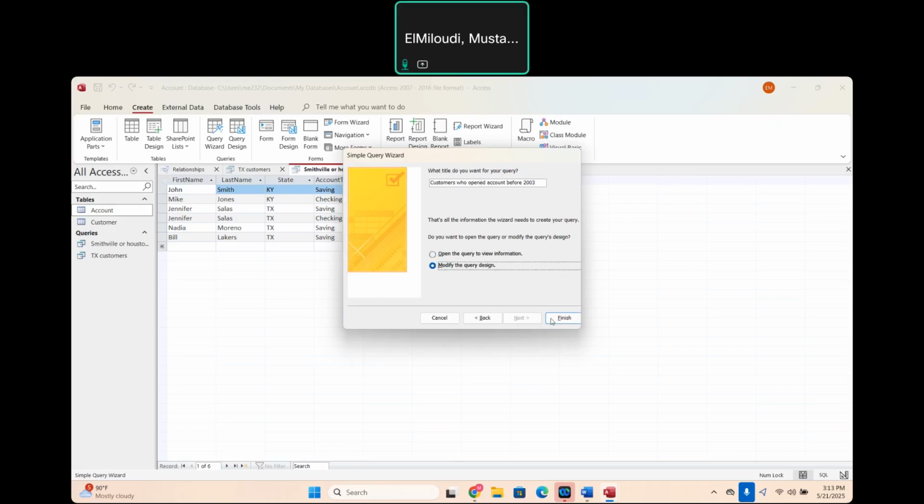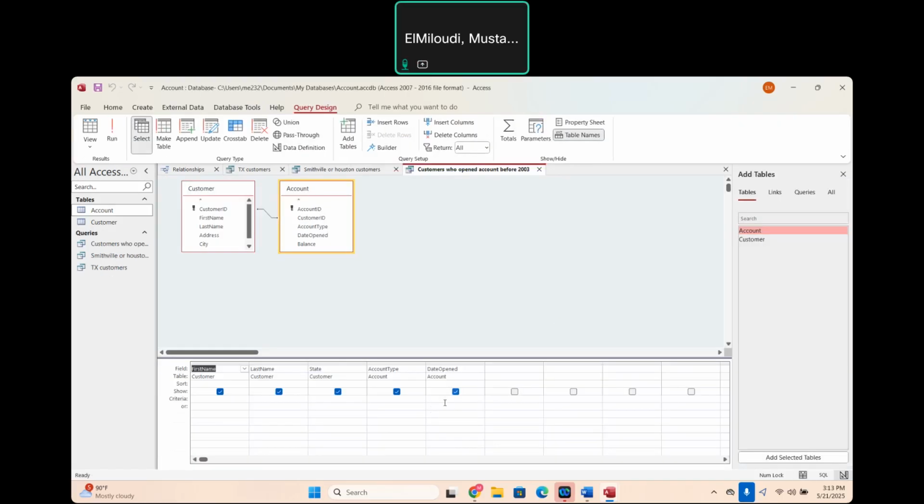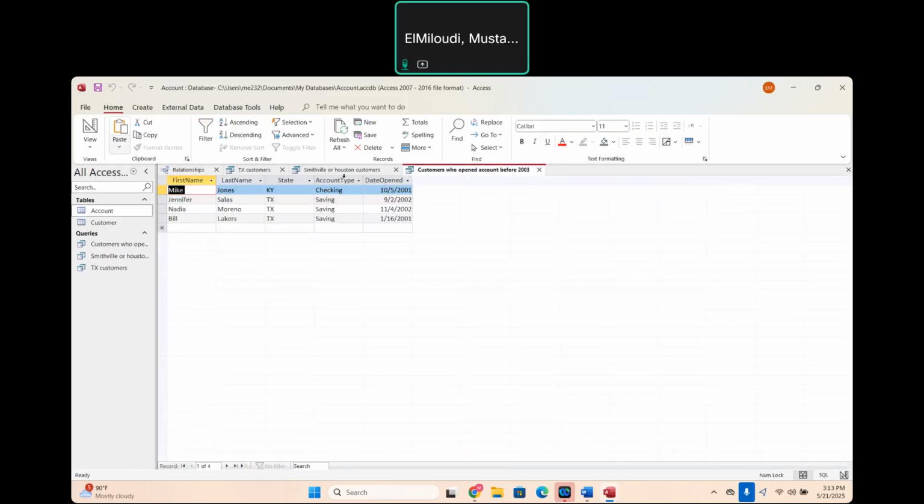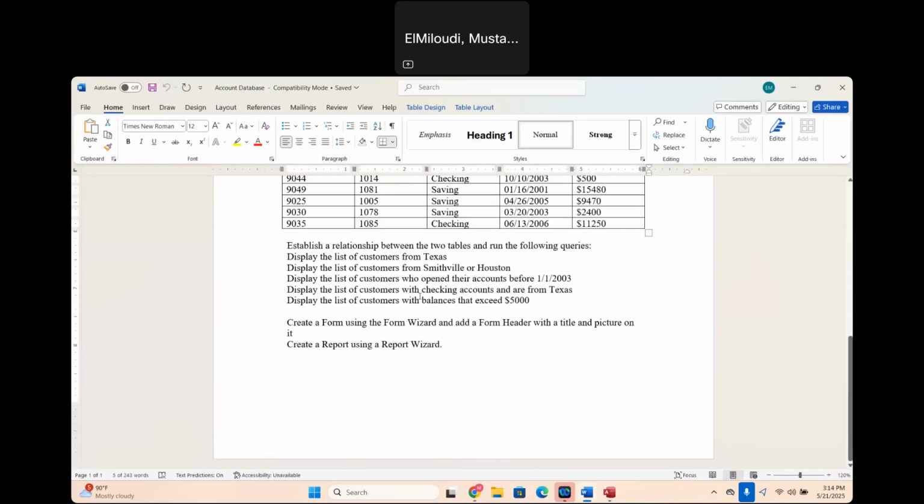Then modify, click finish, then in criteria under dates opened, I'm going to put less than 1/1/2003. And then run the query. And see all of them are before 2003. So we have 4 of them. And then you save it. Okay. Now let's move on to the next query. It says display the list of customers with checking accounts. With checking account, so there is one condition, it has to be checking account, not saving account, and